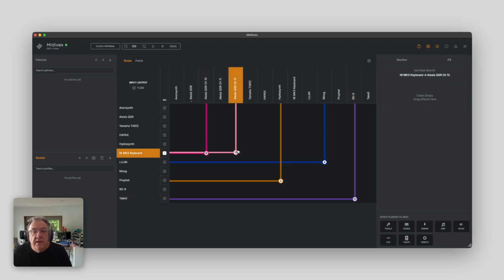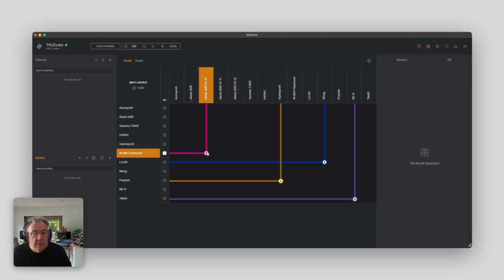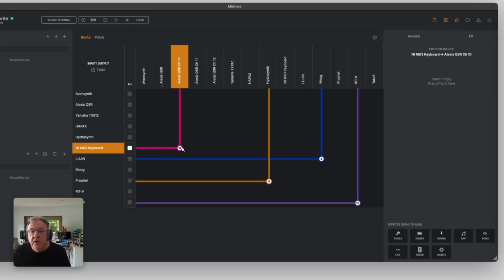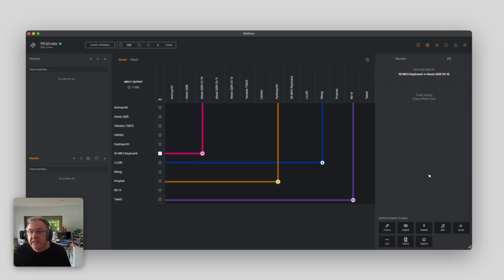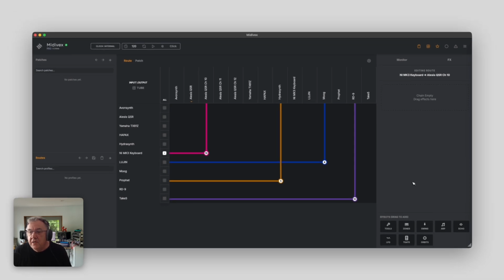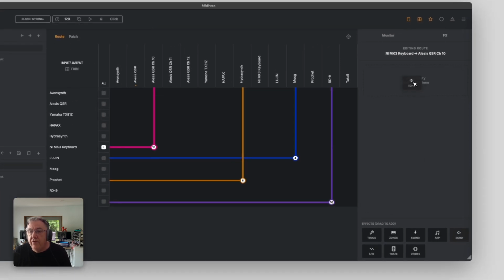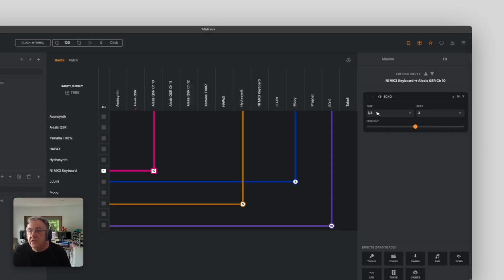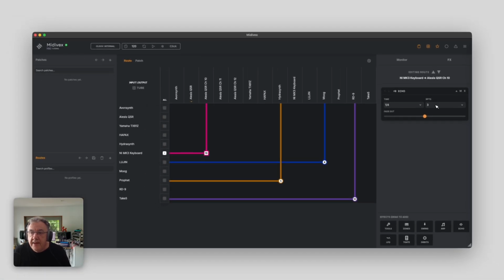If I was on, say, this particular one here, we're on the drum machine. You can see it because it's flashing as it goes. We can do something else. We can actually also click on it and add effects to this particular route. A good example is I might just drag the echo effect up onto here, and you can see it's on quarter at 3. And if I play that kick drum again,